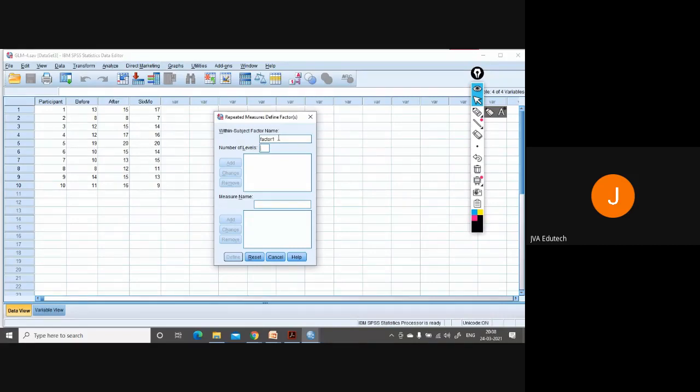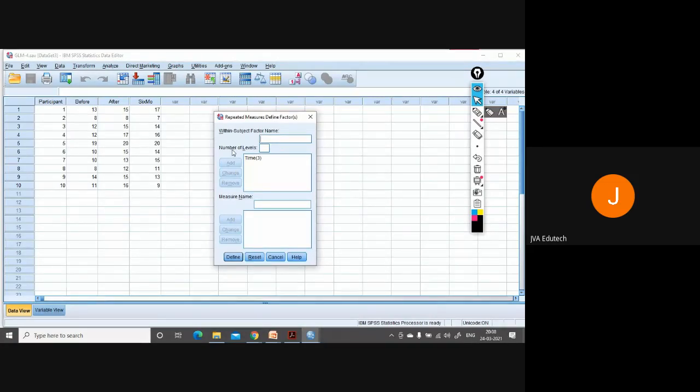Now we are naming the factor as time, because we are measuring their performance at three different time periods, and these are the three levels. So simply add the time. To identify, we have named it time, and three levels: before the end of the course, after the end of the course, and 6 months after the end of the course.